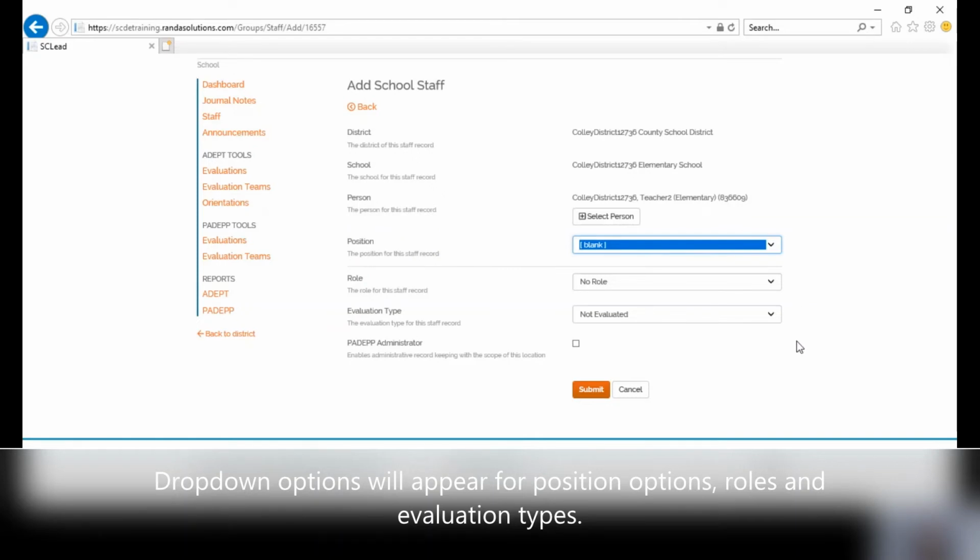So here I know that I've checked with my PCS person at the district or finance person, and know that this educator is a self-contained special education code 606. I will choose that, and the role will be educator.